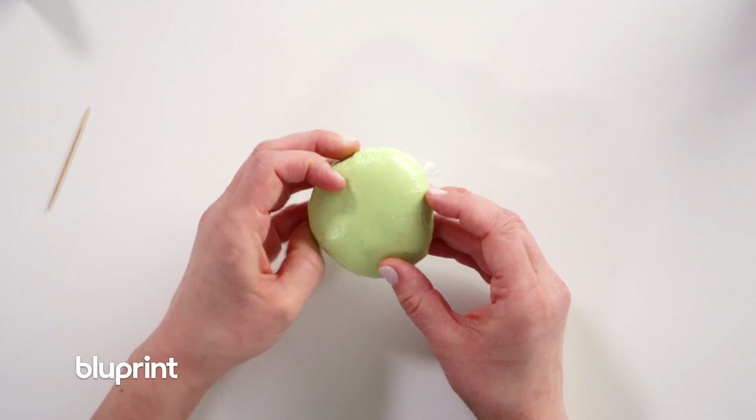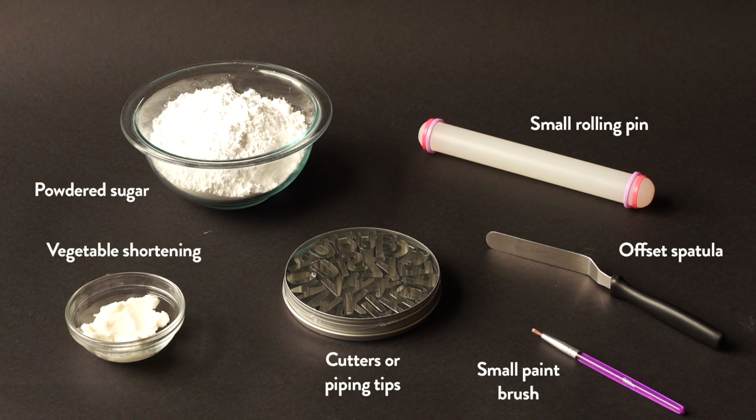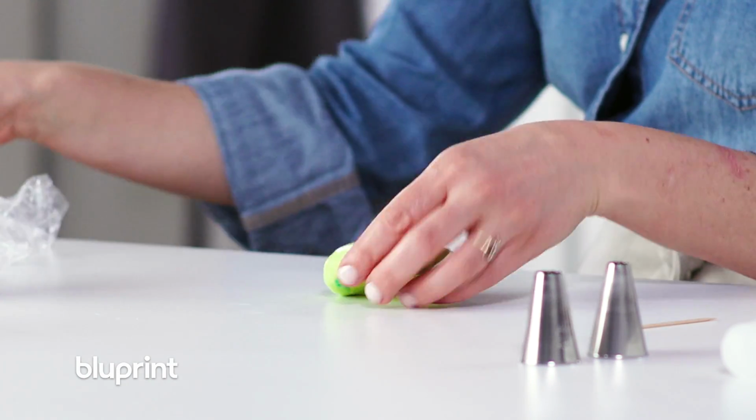Cutouts are the easiest method for creating fondant decorations, and the sky is the limit for what you can create. So here I have a small ball of fondant, which I'm gonna roll out and cut. There's a few tools you'll need. All right, so I'm going to unwrap my little piece of fondant,